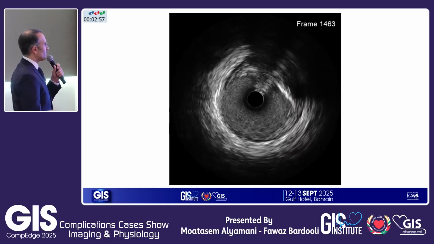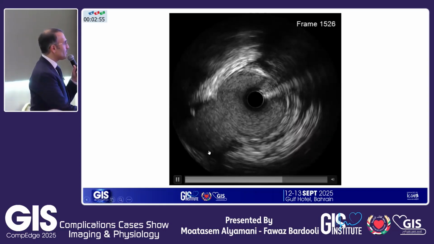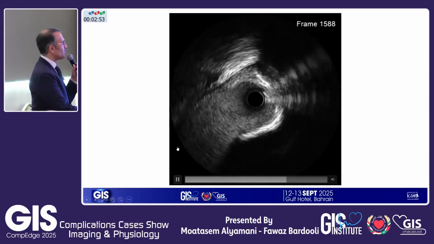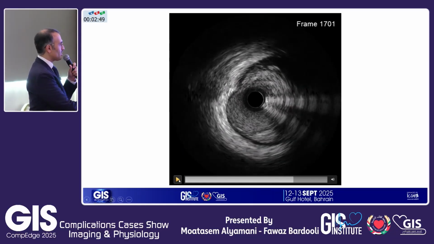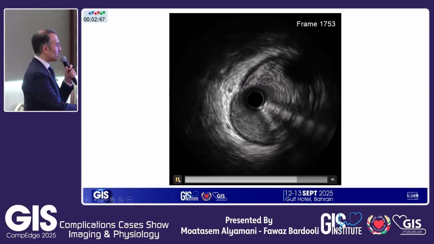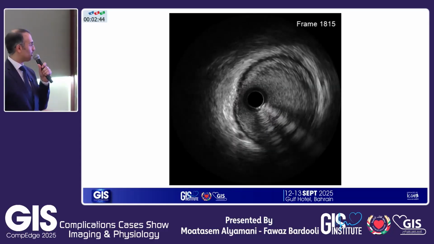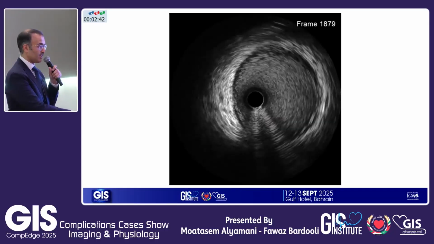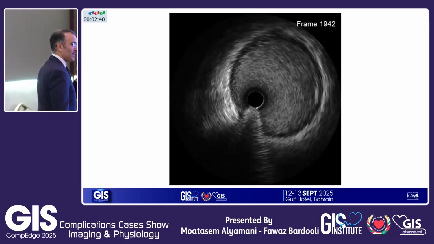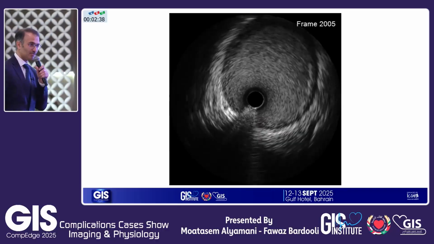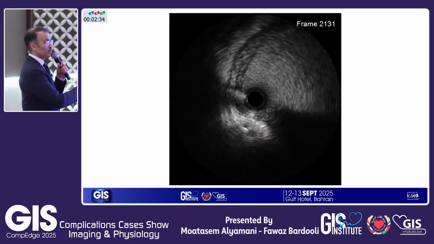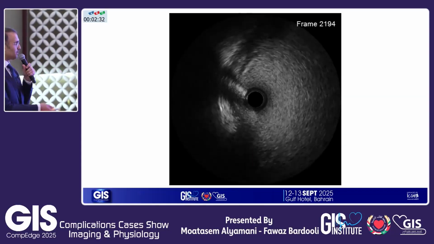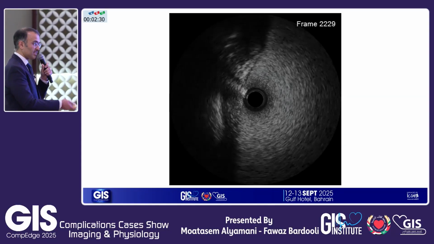Yeah, this is just run slowly. So you remember that I told you there is an area in the proximal LAD which seems to be fine. That was the area, and you saw that this is the distal left main. Now let it run, and you will see what the proximal left main looks like. Look how big it is. So if I go by area-wise, there is no doubt that the distal left main, as you correctly said, is significant, and the plaque burden is very high. There is no doubt at all that the mid-LAD bifurcation is significant.